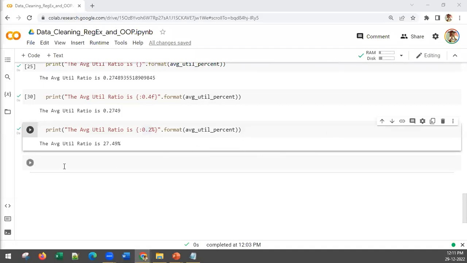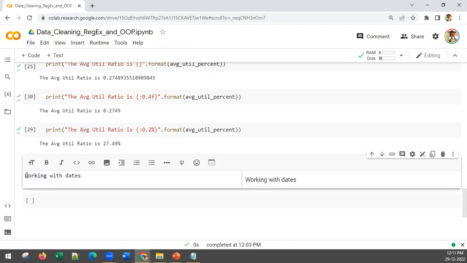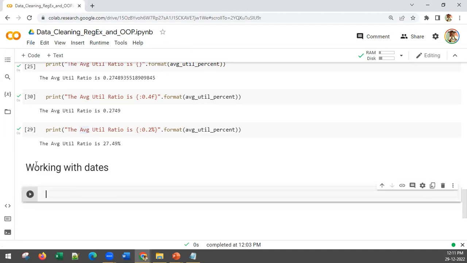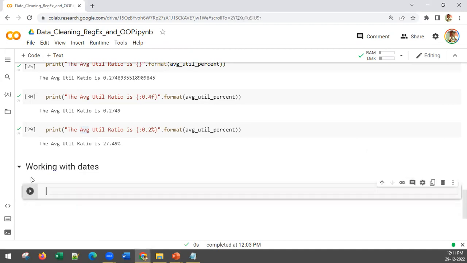Let us now start working with dates. Let's add another title, working with dates. When you're working in any programming language, we must know how to work with dates because dates are special data types that may occur in some data sets, and handling those dates is not the same as handling other variables like